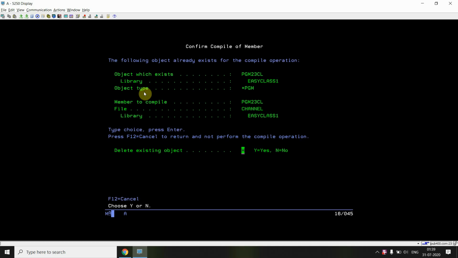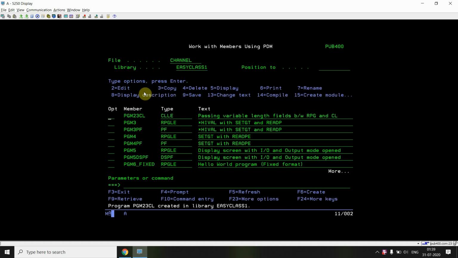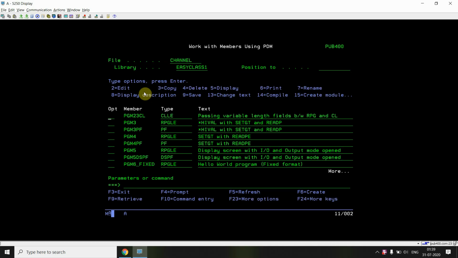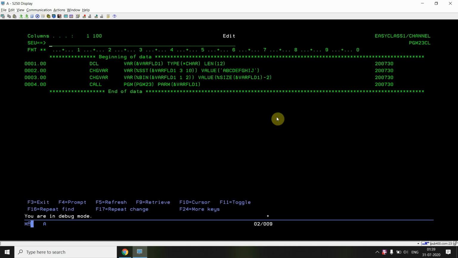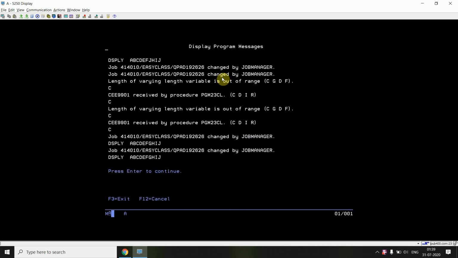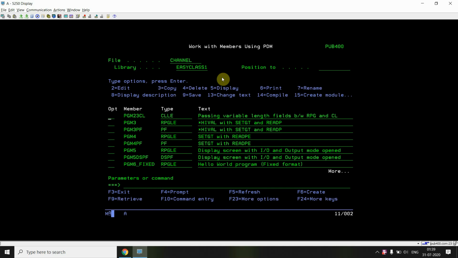So now if I call this, I can see my output. Or if I use this other one also, I would be able to use it. Yes, you can see the output here.